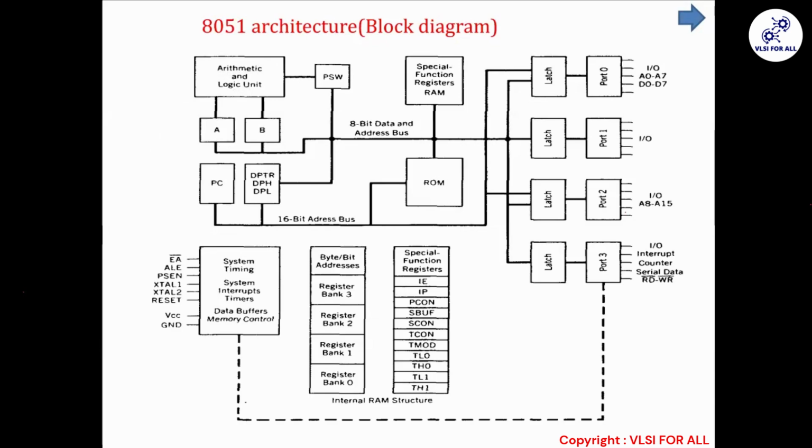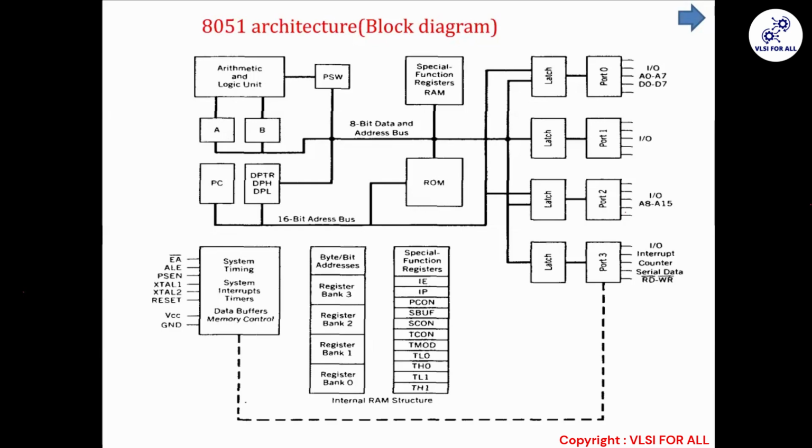Whatever operation we have to do, the data on which we have to do the operation has to come here in A and B, and then it will be fetched by ALU. Here the operation will happen and the result will be saved in A, and later on we can move it to the